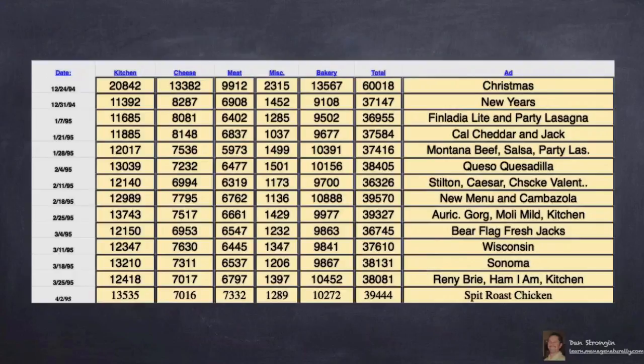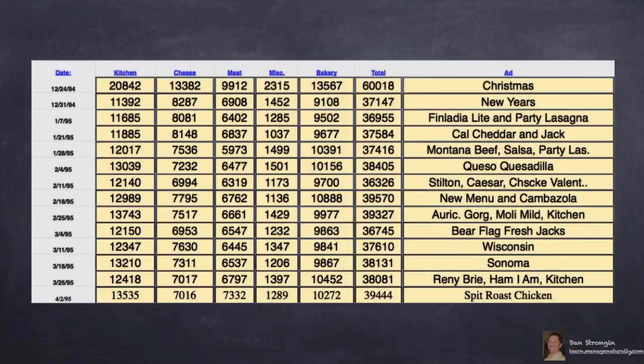Let me show you an example from a real-world situation so you can understand a little bit better this idea of variation, and variation visualized in such a way that it can actually be useful. And this is a list of the results of the sales of a test that I ran in 1994 from